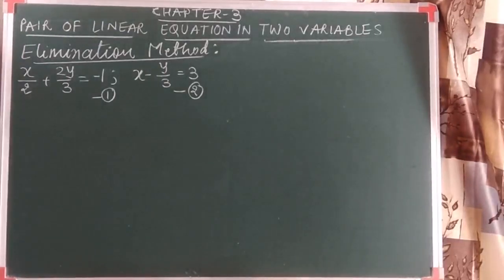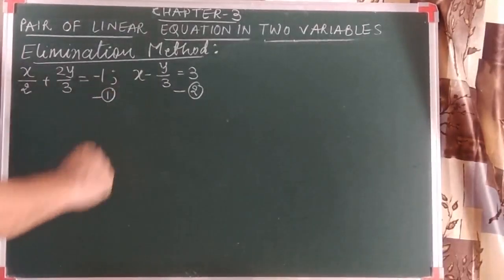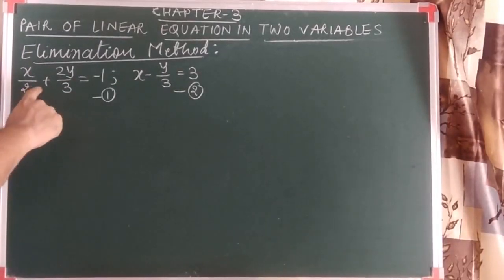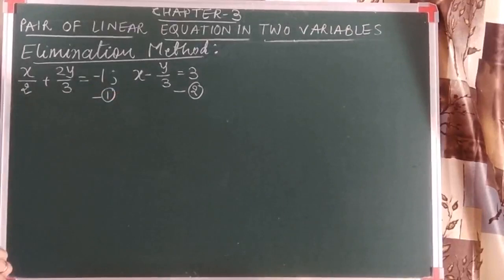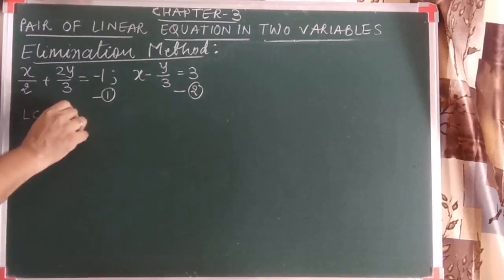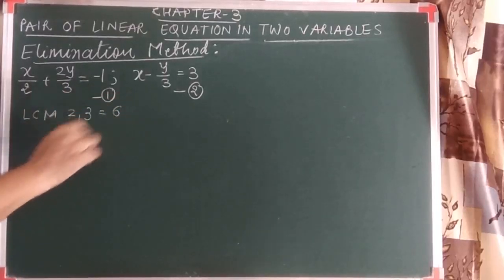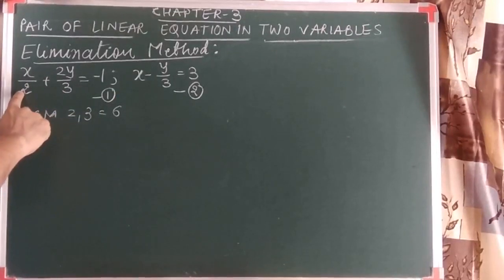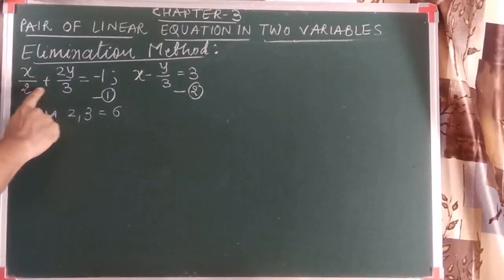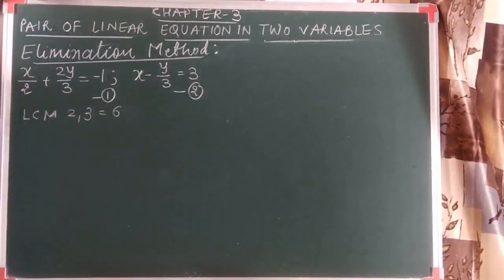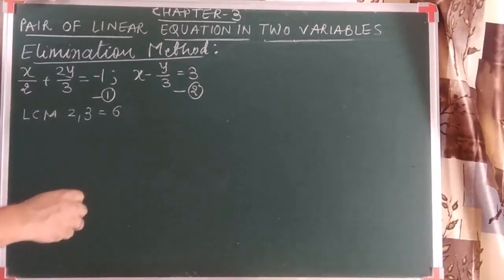So throughout this chapter we should remember, whenever the equations are there, we should never keep the equations in the fraction form. So let's convert this fraction into the integer. By taking the LCM we can do this. So let's take the LCM for the first equation, that is of 2 and 3, that is 6. To remove this denominator, whatever the LCM comes, go for the usual method.